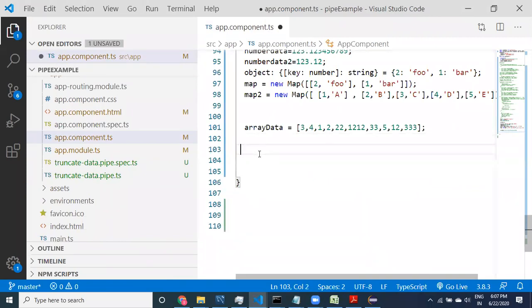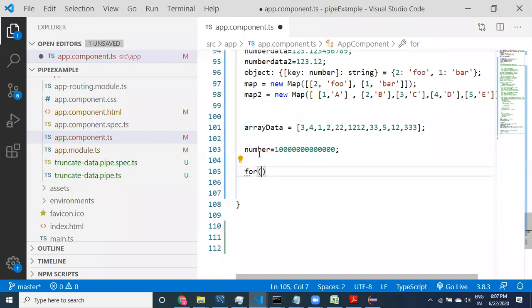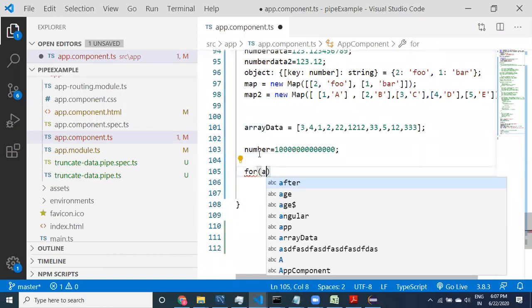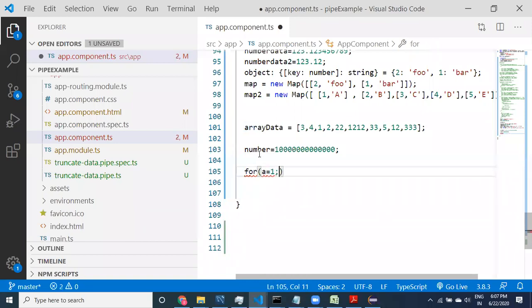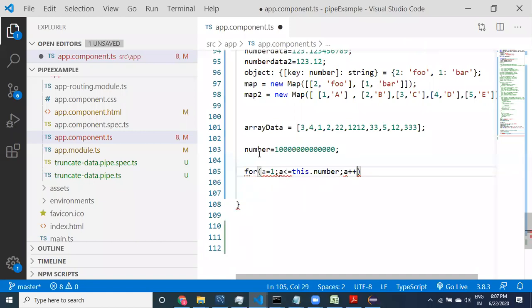I'm going to take something like a big number, and then I will take a for loop, where a equals 0 or 1, a less than or equal to number, and a plus plus.